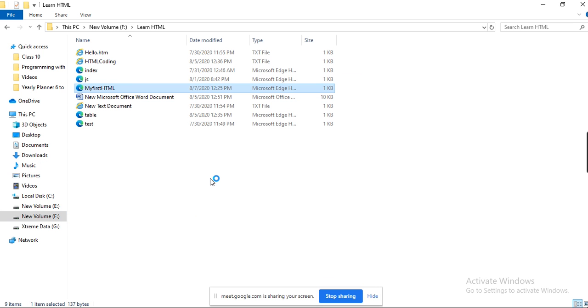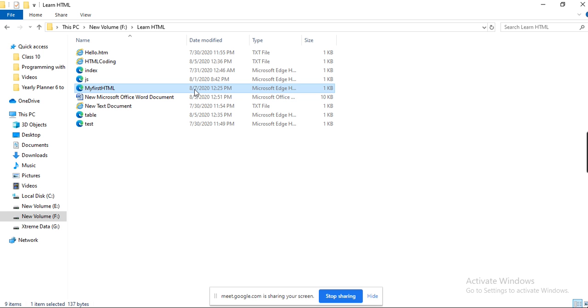Now let's open that, okay? Open that. Now I hope the visual of the page is a red background color, with the h1 heading we have used in our HTML coding. That is the simplest form of HTML coding.